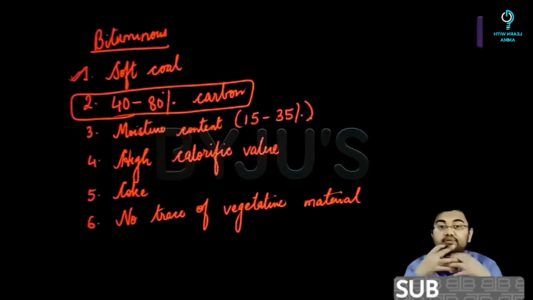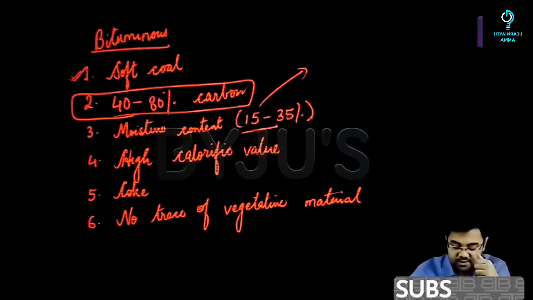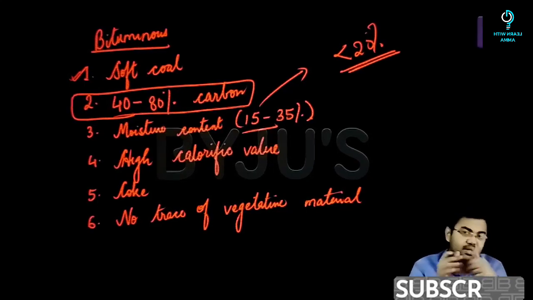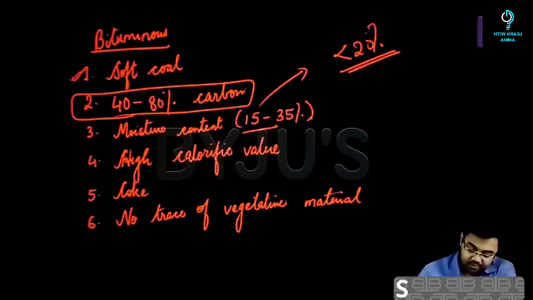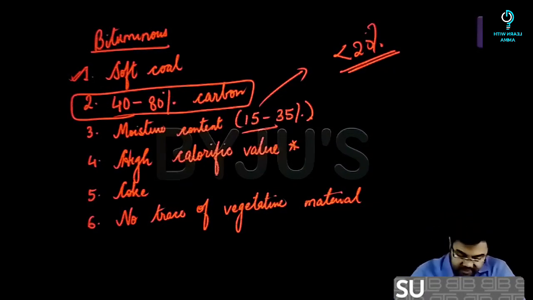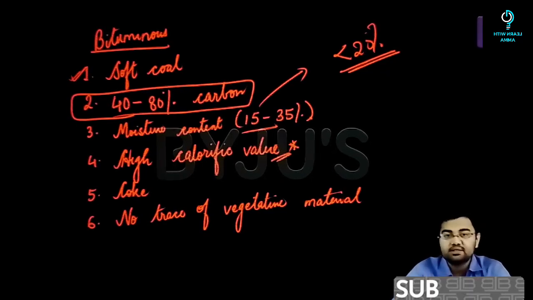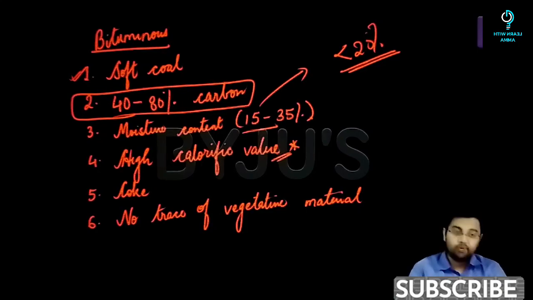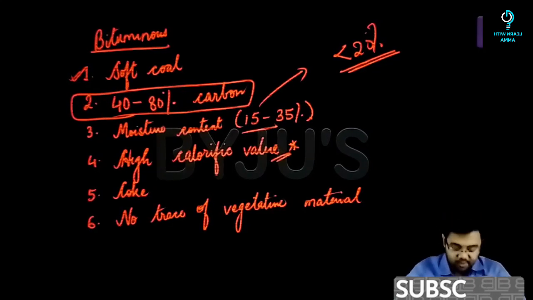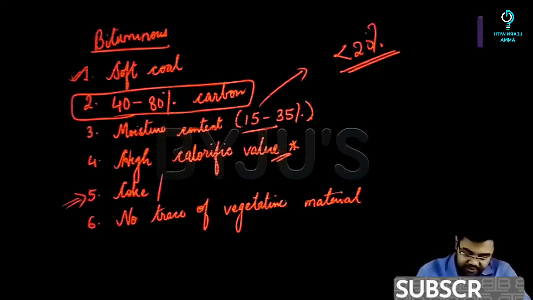So now the amount of carbon is increasing. The moisture content is low, and mainly you will see that it would be lesser than 20%. Most of the times it will be lesser than 20%. And then a very good point about this kind of coal is that it has a high calorific value, meaning that it has a good efficiency, it burns in a much better manner as compared to the other two, that is lignite or peat. Then it is used in making coke, so this becomes one application area, and apart from that it is used in industries.